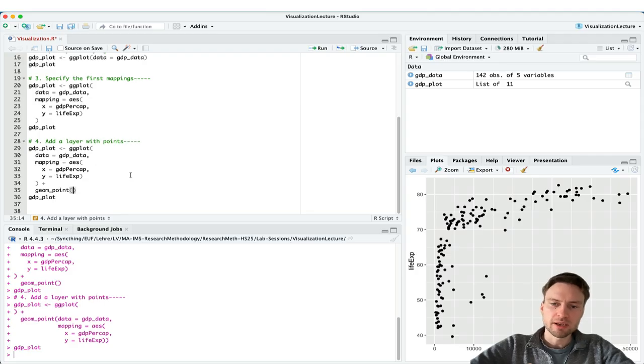So if you look at the figure that we want to create in the end, you might recognize that the points here are a little bit transparent. Right? So this is something we want to change only for the points. We want to change the transparency. The arguments required for that, you either